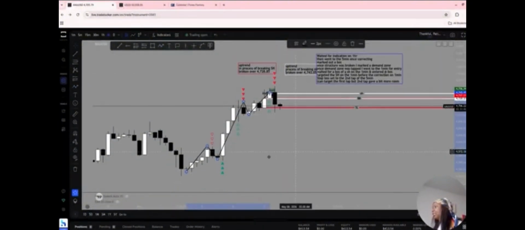So I'm on my 4 hour. When I was on my 4 hour, I was looking at the chart and I'm like, okay, I can see clearly. Let me make this smaller so that you can see. I'm like, clearly we are in an uptrend. Why? So we're starting at our low. We have a high. We created a higher low right here. And we created a higher high. We created another higher low, and then we was in the process of creating a higher high,